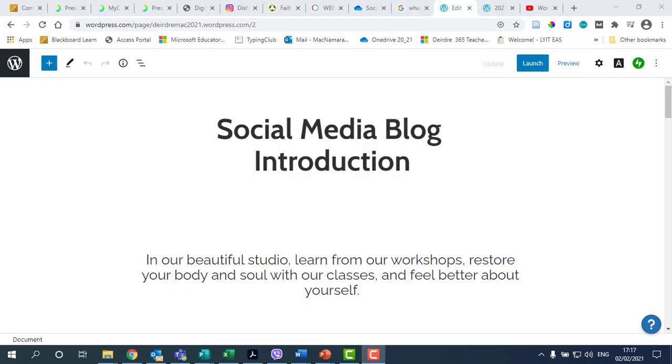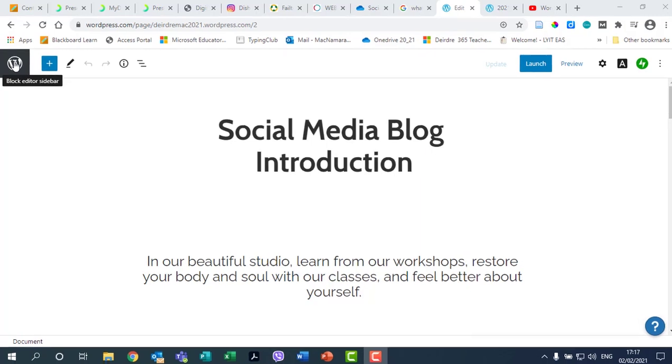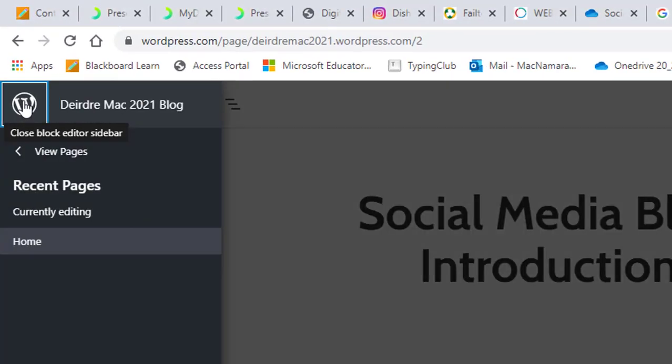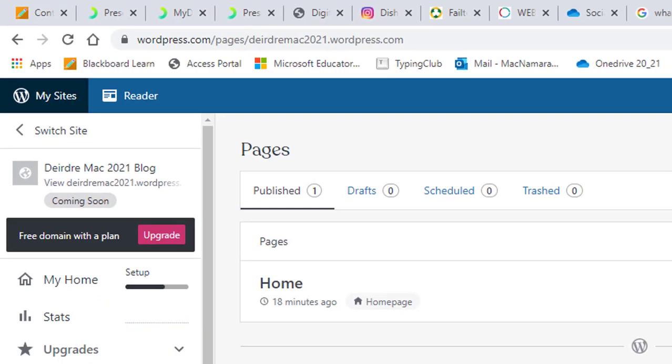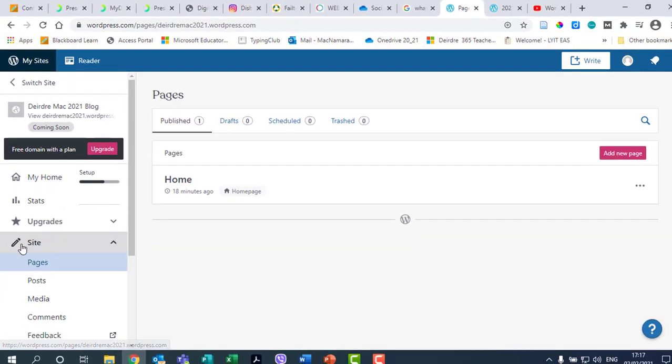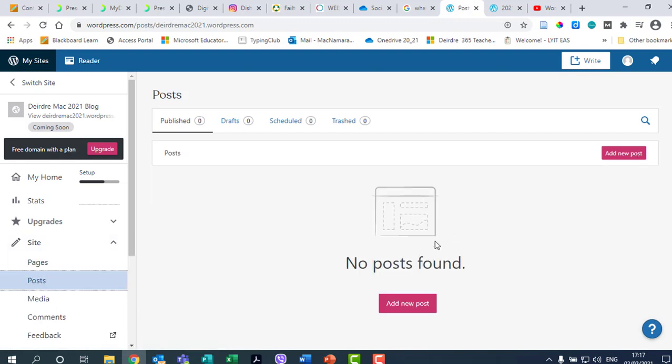We're now going to create our first post. So up here again on the left hand side is where we always go. So let's click on that and let's click on view pages. Okay, so we've got pages over here, we've got site. If that isn't displayed for you, make sure you just click on it and we click on posts. Okay, there are no posts found for this particular site yet, so we're going to click on add new post